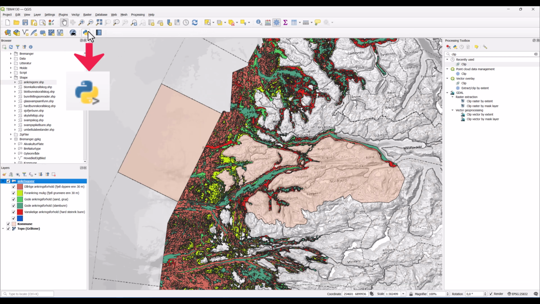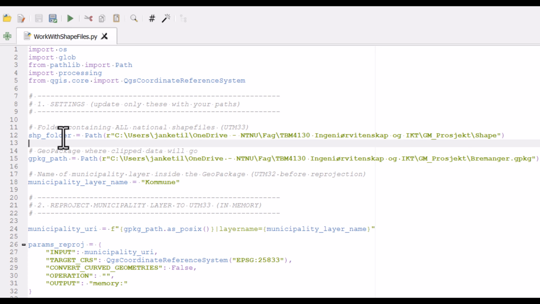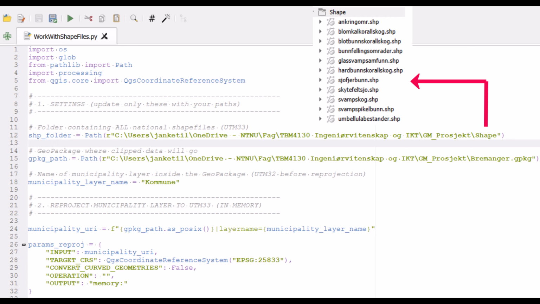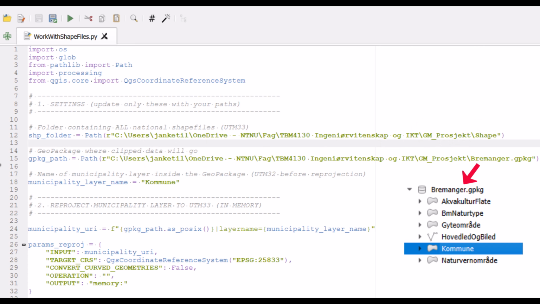We can get the Python code by launching the Python console, and this is a script in 4 steps. First, I declare here a variable for the shape folder where I have all the shapefiles, and this is just the path to this. Just notice that Python does not like these single forward slashes, so commonly one uses a small r, so Python will accept these. And similarly, we have a path to where the result will end up, the Bremanger GeoPackage, and as well the municipality layer,